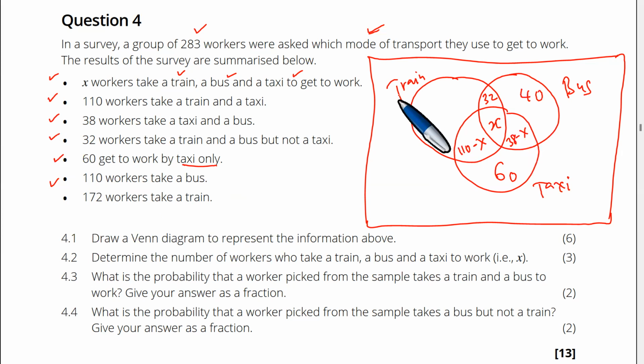Okay, this one, 172 workers take a train. So in other words, if you look at the train here, there are 172 workers. This is the train. And then you have